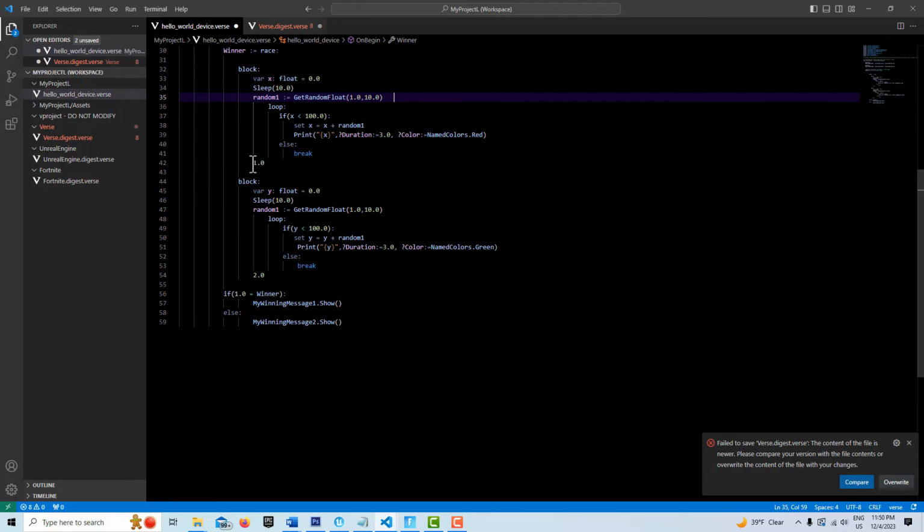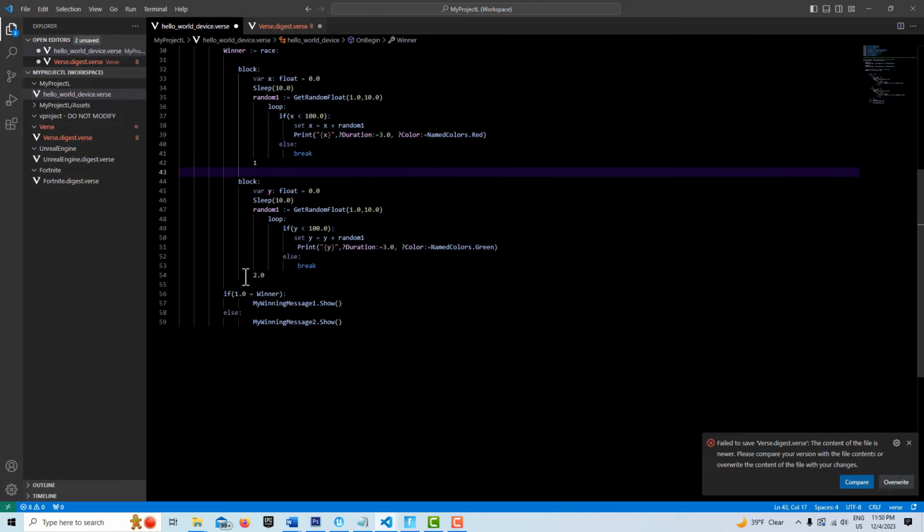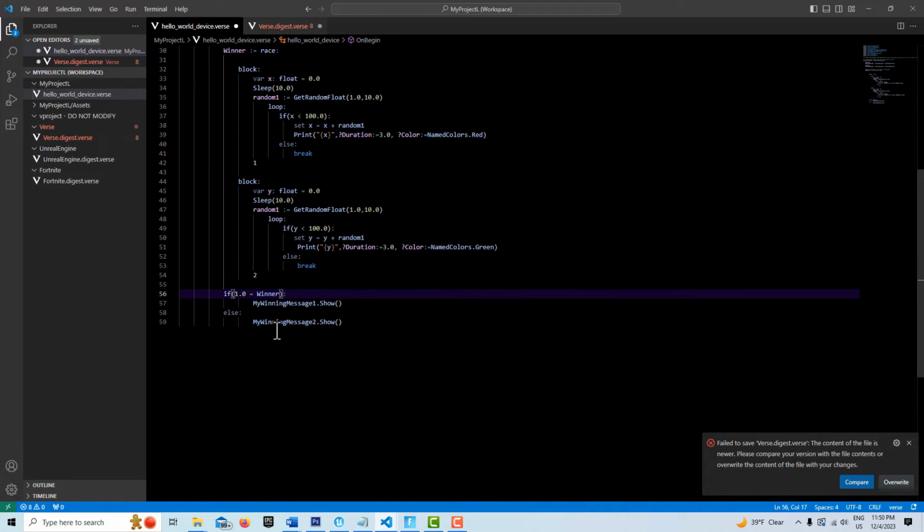And I think it had to be, let me see, can I make it an integer? I guess it can be an integer. So let me just make it an integer. I thought it had to be a float. I thought I got a message about that, but I'll just make it an integer. So down here,